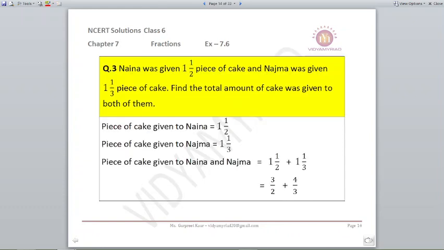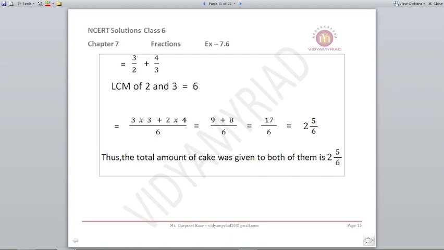Nana was given 1 1/2 pieces of cake and Najma was given 1 1/3 pieces of cake. Find the total amount of cake given to both of them. So both of them, the total amount, we need to add. Since it is given in the mixed fraction, we will first convert 1 1/2 becomes 3/2 and 1 1/3 becomes 4/3. Now 2 and 3 LCM will be 6. So it will be 3 into 3 plus 2 into 4, that gives me 9 plus 8 upon 6, which